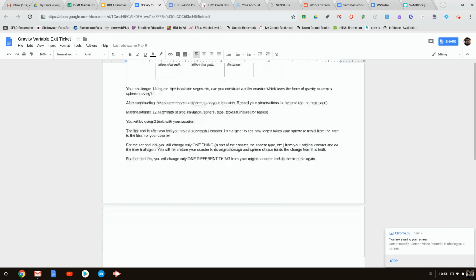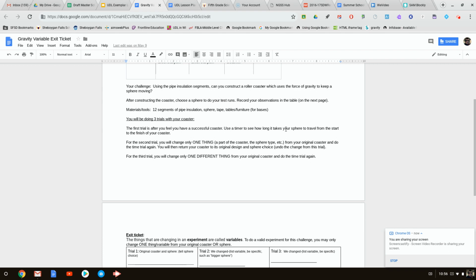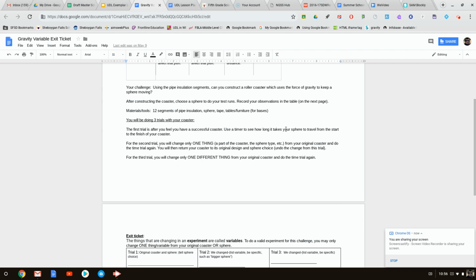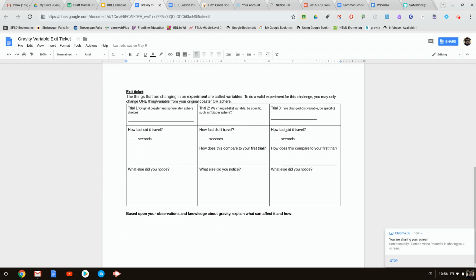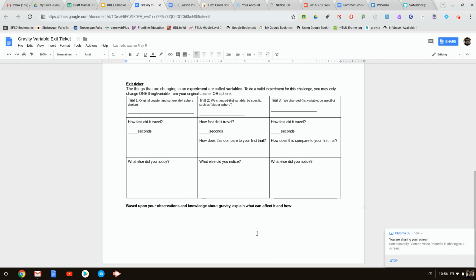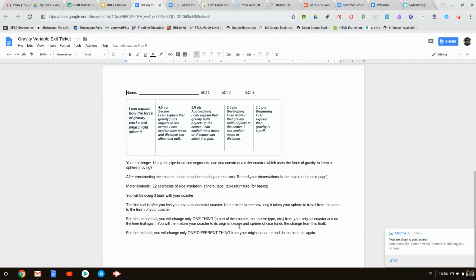So the challenge, using the pipe insulation segments: can you construct a roller coaster which uses the force of gravity to keep a sphere moving? So here are the directions, and then here is the exit ticket for them to keep track of what they changed. And then at the bottom is an analysis question. Okay, so taking what they discovered by doing the challenge, can they synthesize the knowledge and explain what actually affects